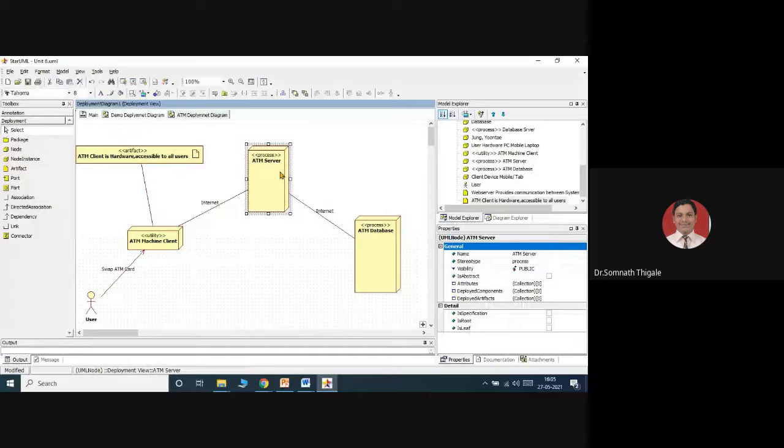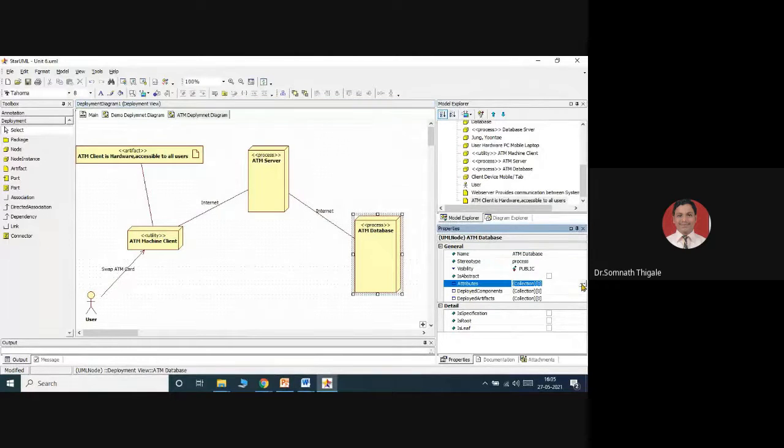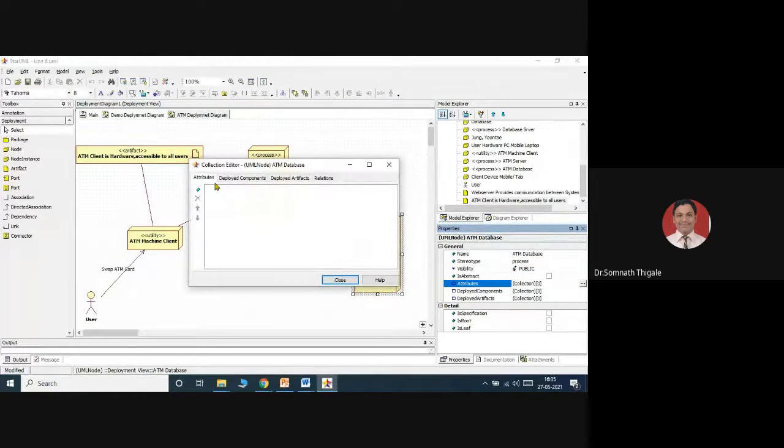Now at the ATM server, the database will take the details of the machine, meaning the hardware part, whatever was swapped there. So these roles will be defined there. Accordingly, we can add deployed artifacts.